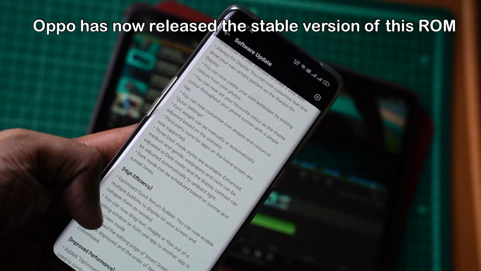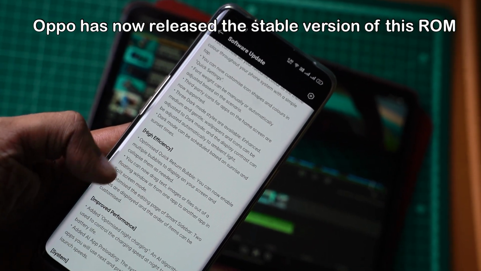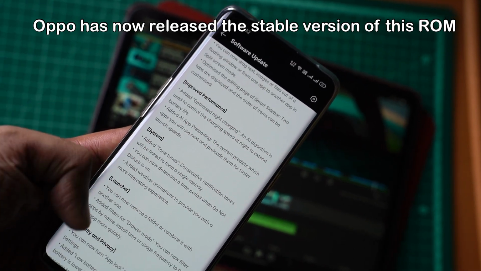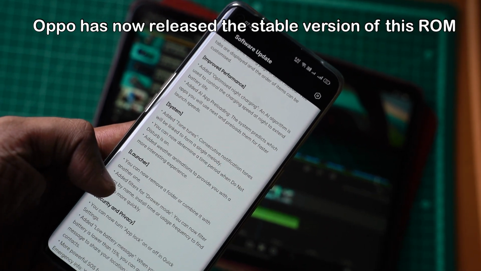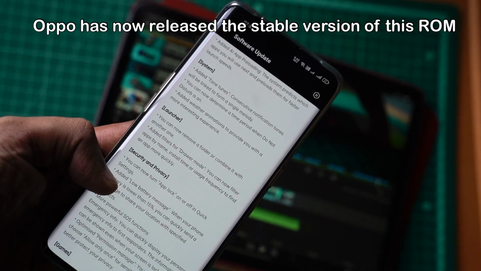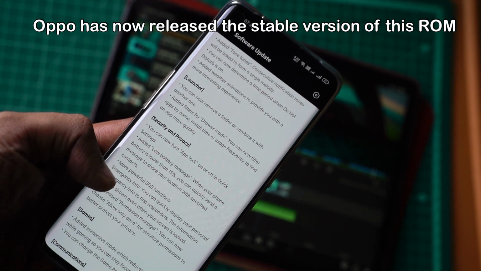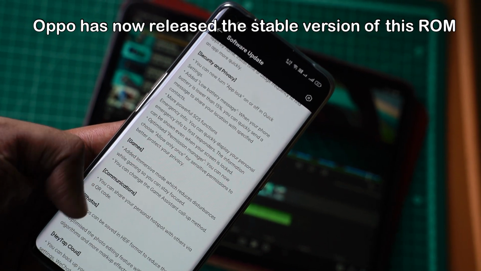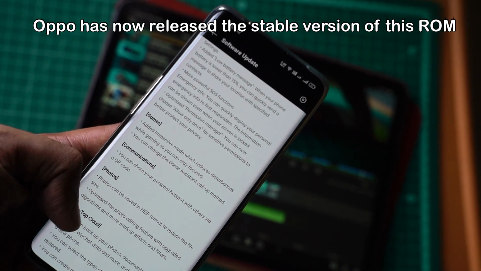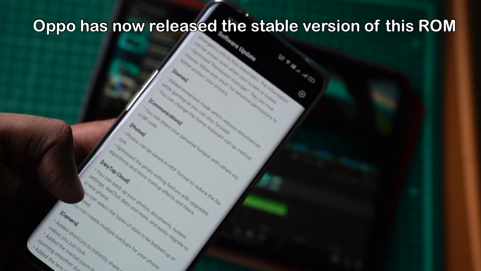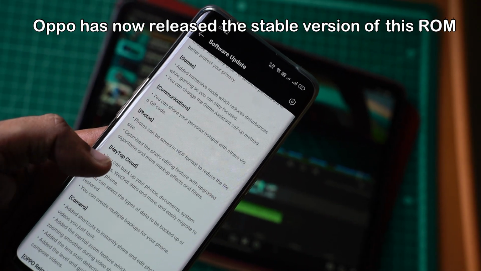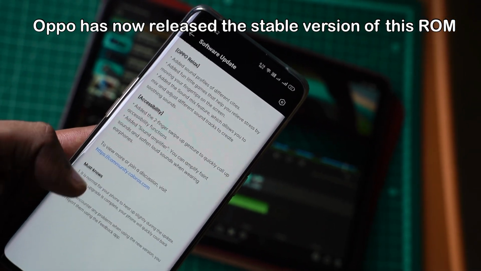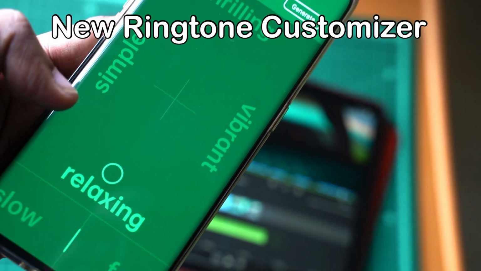So these were some of the basic overview or settings changes that I found within this new ColorOS beta based on Android 11. Now if you have an Oppo Find X2 and want to join this beta or install this beta, let me tell you that this beta is completely stable. I have not found any stutters or lags in this beta ROM, and on installation of this beta, the phone doesn't perform a complete factory data reset, so all your data is retained.